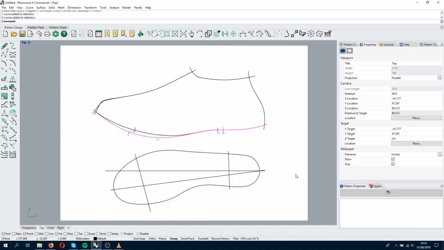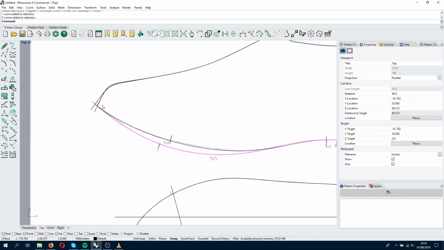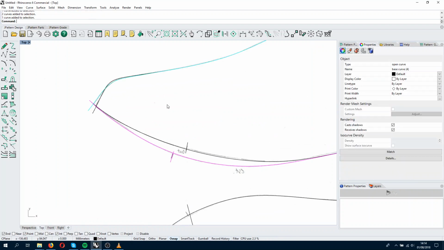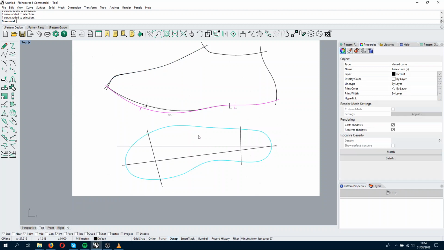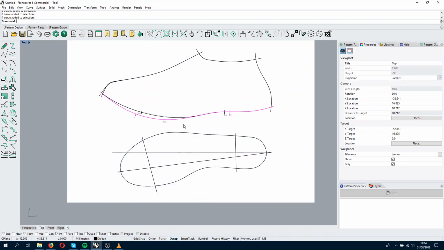Now, as you can see, I have traced fully the model. I have my base shell, the base curve for the creation of the various parts and notches and all the things I need. And I have done it fairly good, checking that every part has not that many control points. We always recommend to use control points for line editing, as they give you a better way of manipulating a